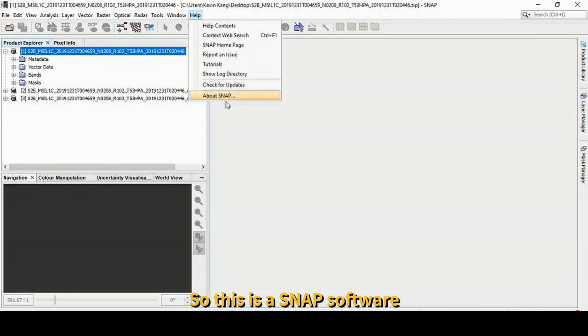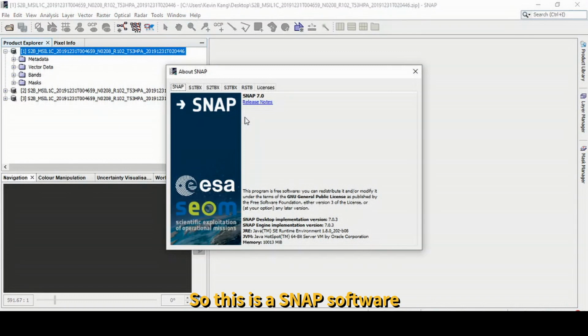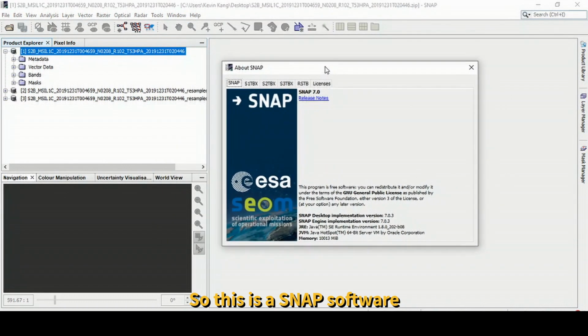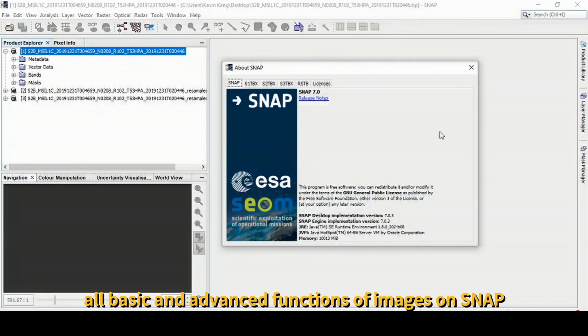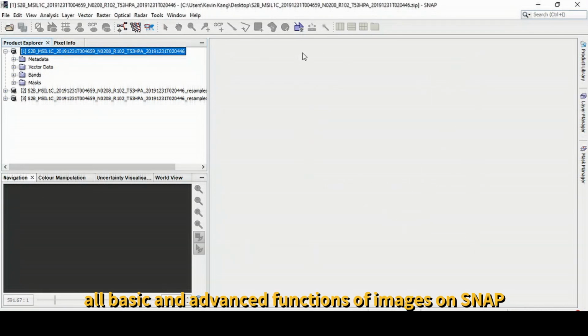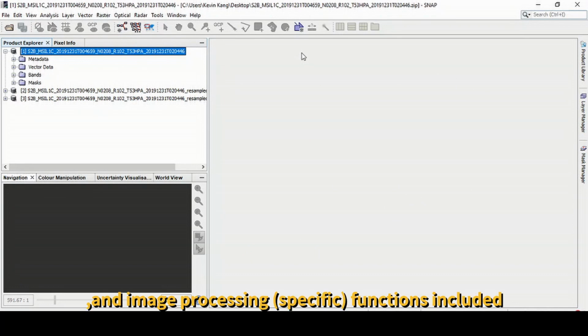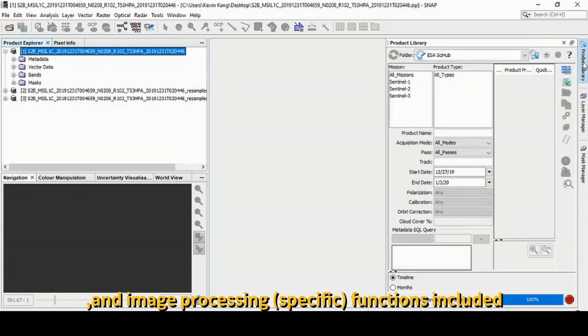So this is the Snap software, originally developed by European Space Agency. So all basic and advanced image processing functions are included.